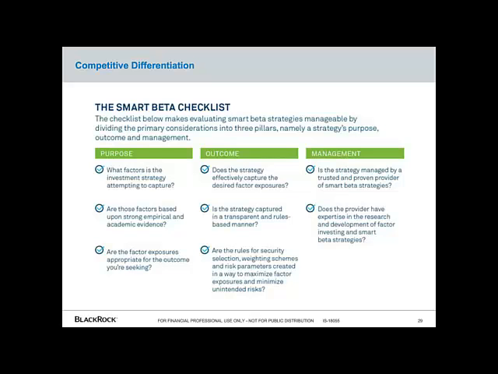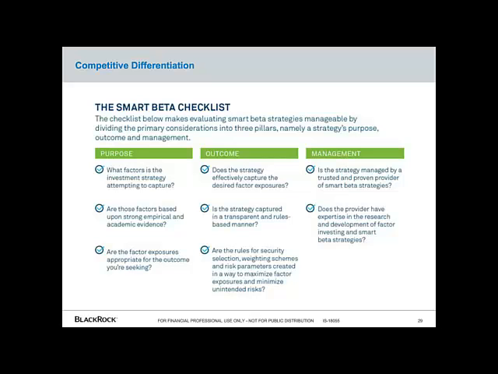First, what is the purpose of the investment strategy? And what factors is the fund trying to get exposure to? And are those exposures appropriate for the investment outcome you're seeking? An example of this is the inclusion of the MinVol factor within a multi-factor approach. Minimum volatility investing can be highly efficient as an investment strategy because it reduces risk. But with an 80% up capture in the market, it also theoretically can dampen returns when markets are doing well. Because the goal of our multi-factor strategies is outperformance, we specifically don't include MinVol in the selection criteria because we believe that it will simply result in capping returns potential over time.